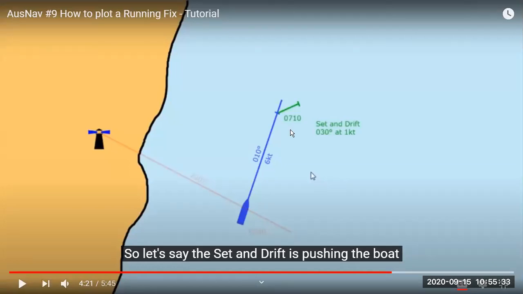In this case we had the final bearing at 0710, that is after half an hour, and we had set and drift 030 at 1 knot. So if the ship was moving like this, by the current allowing method we put at the final, and this was the course to steer, and we put the set and drift at 030 at 1 knot. That means in our half an hour it will be half a mile. So we cut an arc of half a mile, and this will be our actual estimated position.